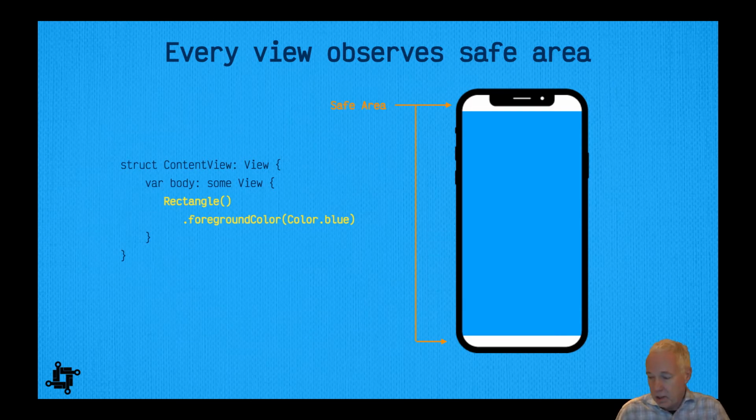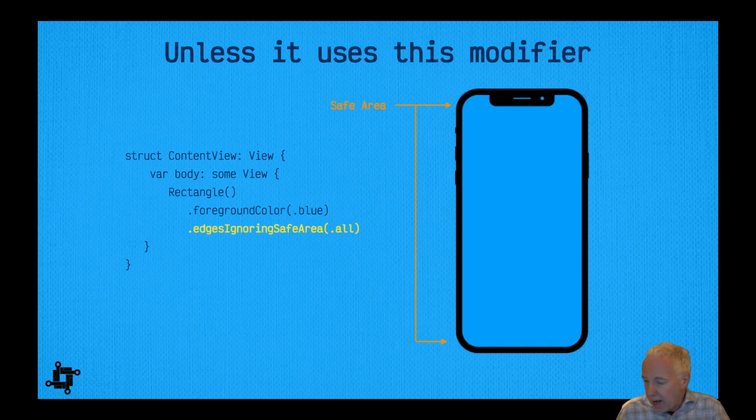However, sometimes let's say it's just this blue rectangle and we want it to cover the whole thing. We don't want this white space here. Well, it turns out that we can add a modifier to our rectangle and we can say ignore the safe area. And if we say ignore safe area, then it takes on a new size, which is the full size